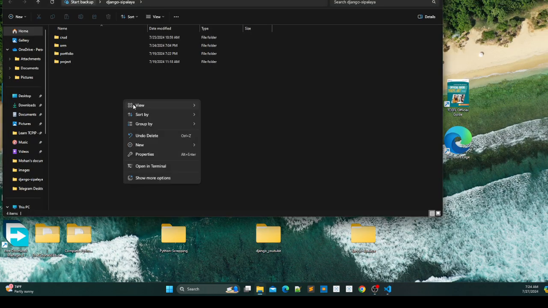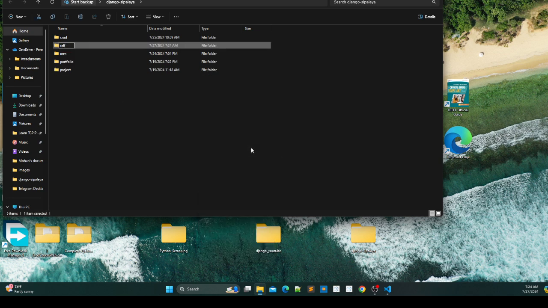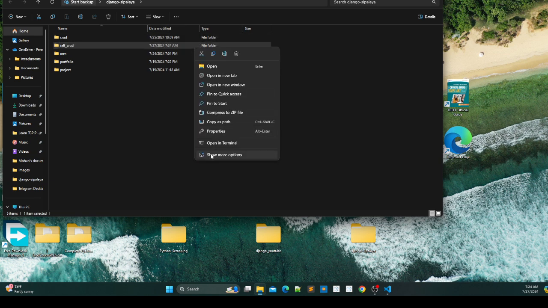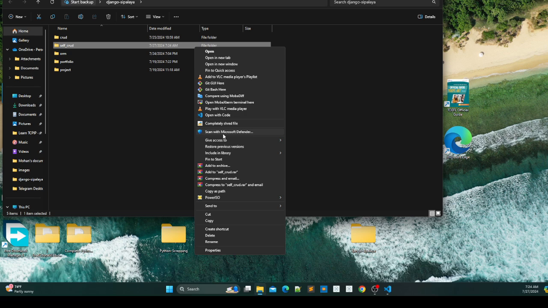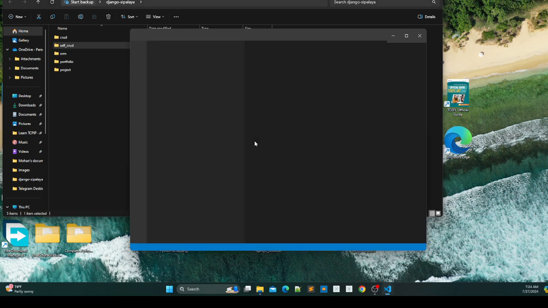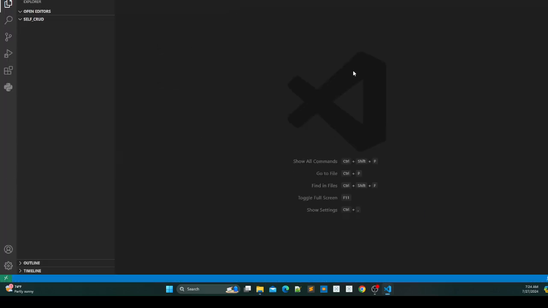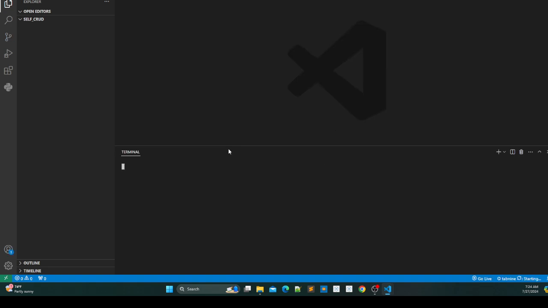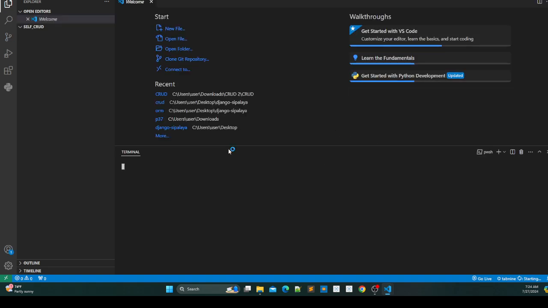I'm making the new folder here. I'll write self prod. Okay, so I'm writing it as self prod. From this I'll go to some more options and I will open Visual Studio Code. Then I'll go to the terminal and I'll make